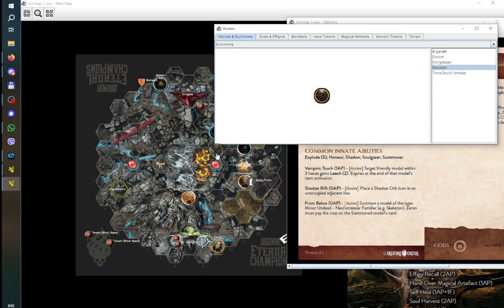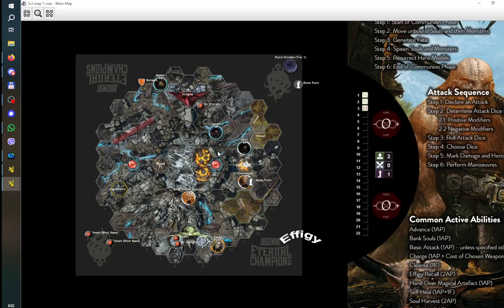A skeleton will get summoned here. I'm just checking. And now the skeleton is a minor model. It has two action points, and it can immediately activate and walk. And I think I will do just that. The skeleton also doesn't have line of sight to Brock, so it's a perfect placement. I'm just checking. If I place the skeleton here, then the skeleton will have line of sight to Brock, so maybe I could, yeah, I will place the skeleton there, and I will try to